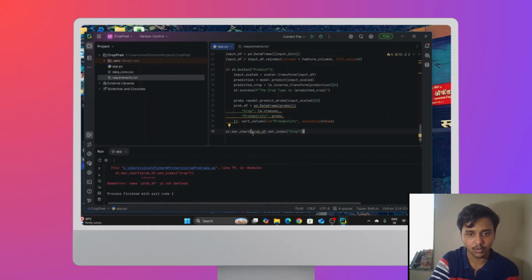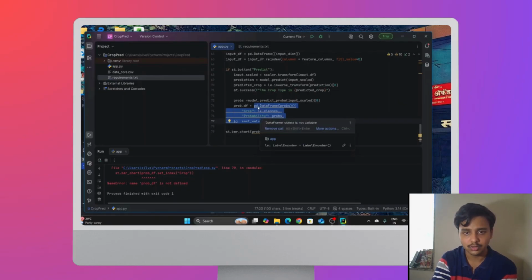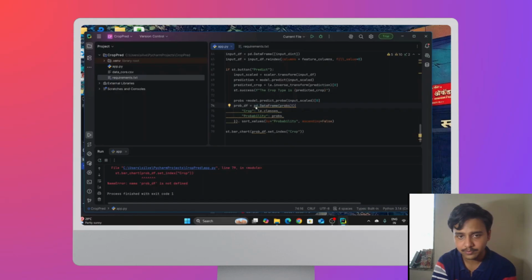Our code. Okay, so there is this error again. Maybe it is associated with this particular length of code. So it was pd.DataFrame. So let us remove this props.